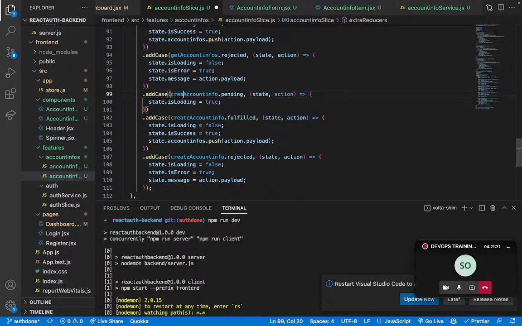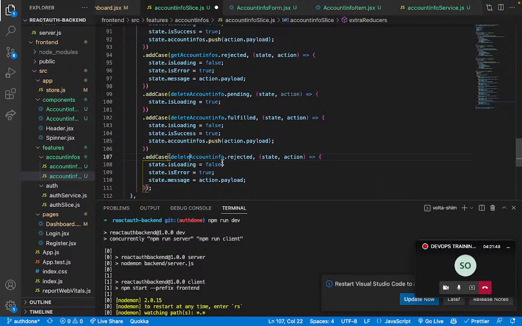So for the pending here, I'm going to have delete account info. Same for these. Delete account info. Same for these. Okay, once I'm done with that,